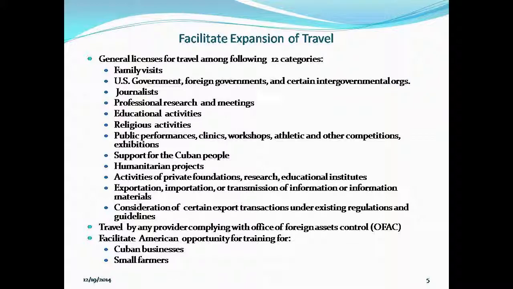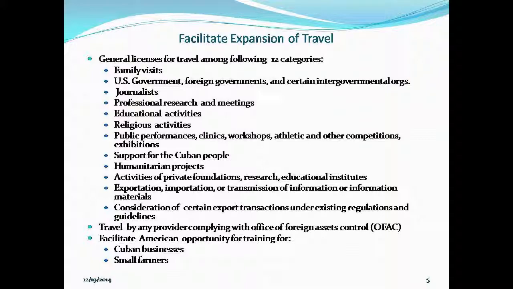Family visits, U.S. government, foreign governments, and certain intergovernmental organizations, journalists, naturally, professional research and meetings, people attending educational activities, religious activities, public performances, clinics, workshops, athletics and other competitions and exhibits, support for the Cuban people, humanitarian projects, activities